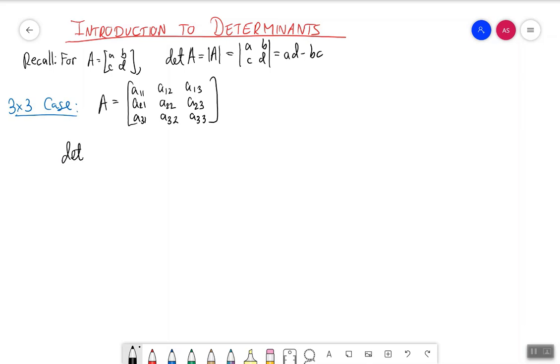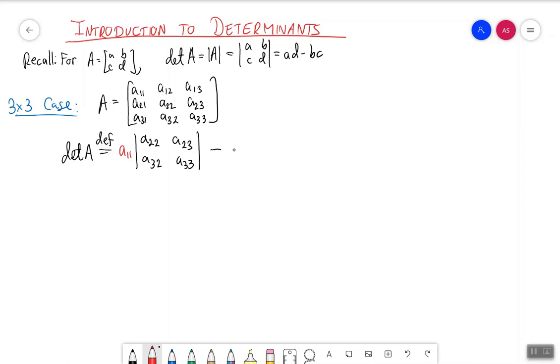The determinant of this matrix A is defined, I'll put a little DEF above here for defined, to be A11 times the determinant of the smaller matrix A22, A23, A32, A33